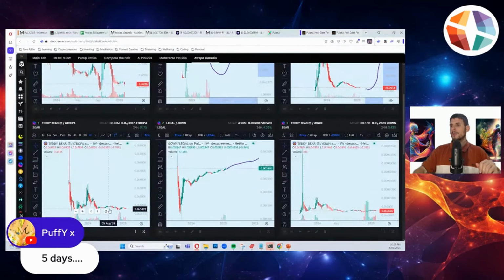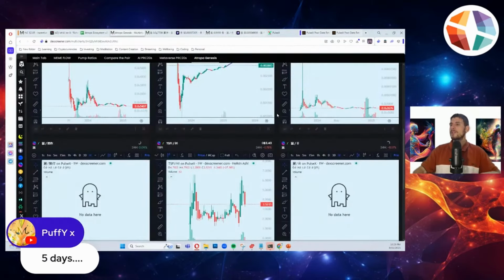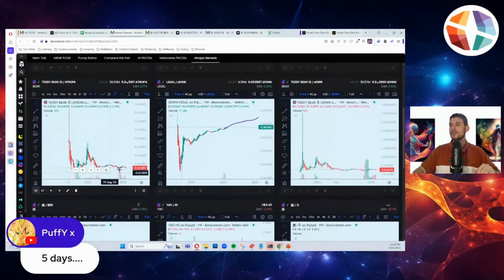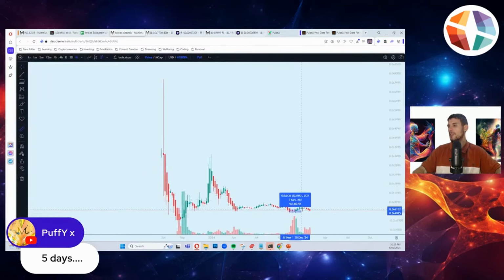I think some of these teddy bear pairs, like teddy bear to Atropa, teddy bear to dOWN, anything with teddy bear, if you can swap things in a ratio, and you love teddy bear, and you can just grab a cheeky double, I mean, you don't even need a cheeky double, even a cheeky plus 50 with teddy bear. If you can grab a cheeky plus 50 with your teddy bear here, and you end up swapping, whatever. So Atropa, if you swap Atropa to teddy bear down here,